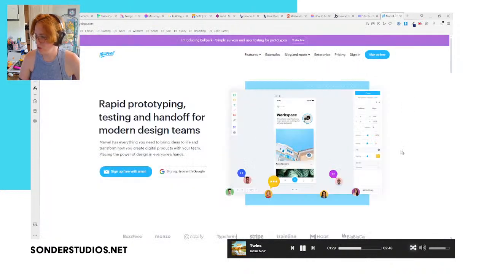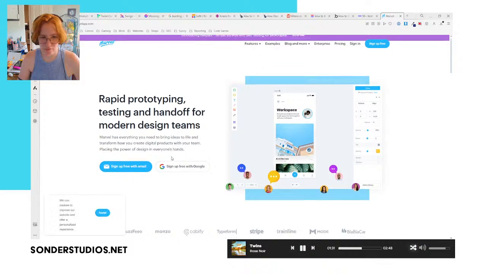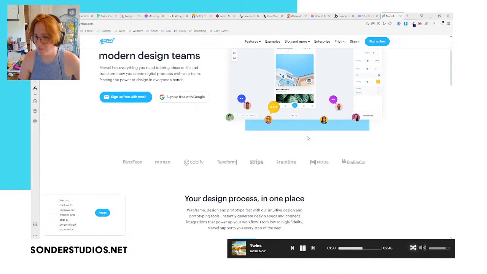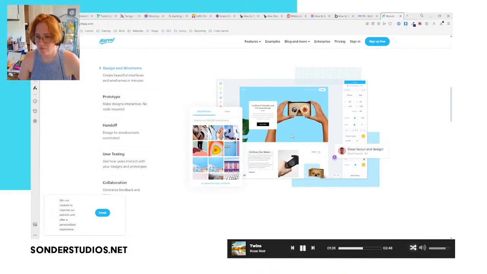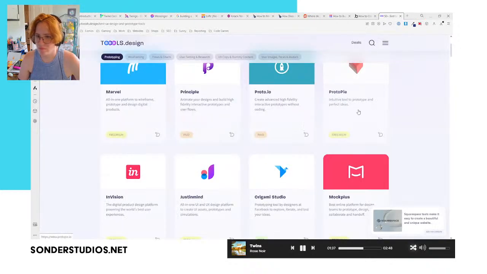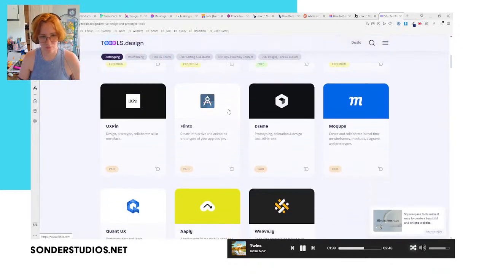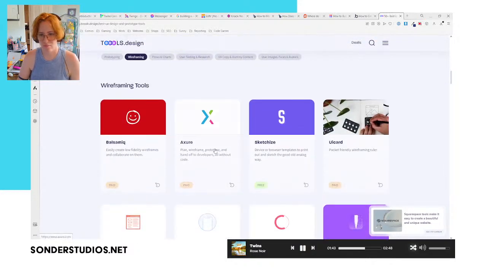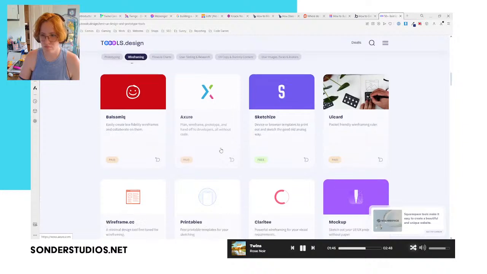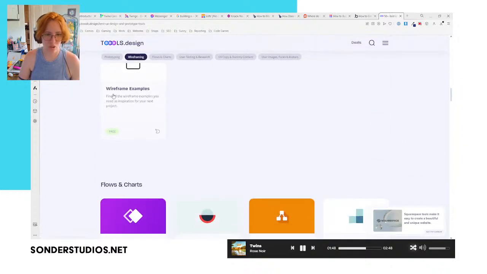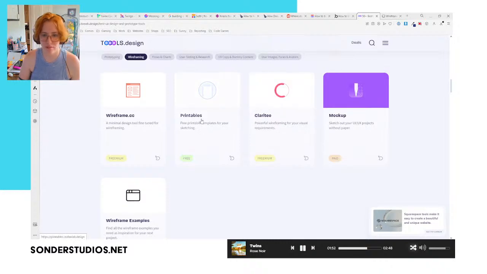Okay, what you got? Oh. Wireframe examples! Yes, that's exactly what I wanted.